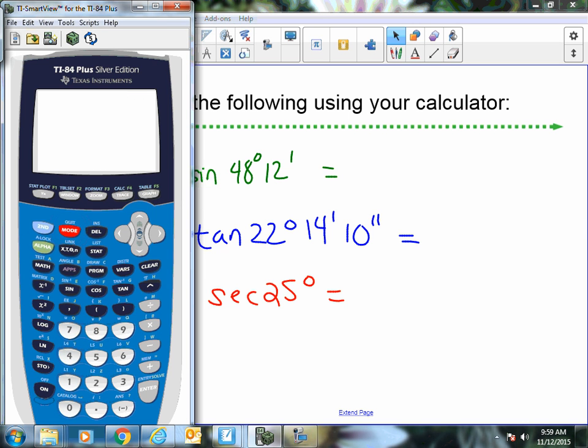All right, so how would you type in some of those smaller units that we did in the last section? So we talked about degrees, minutes, seconds. Just want to make sure you're comfortable and confident typing those in. So sine of 48, remember where you go to get your degrees and minutes in the angle menu, second apps. So 48 degrees and then 12, back to your angle, and number 2. Finish out the parenthesis. You don't have to, but I like to just complete things. And then press enter. So we're going to go ahead and round to 4 places. So 0.74555,